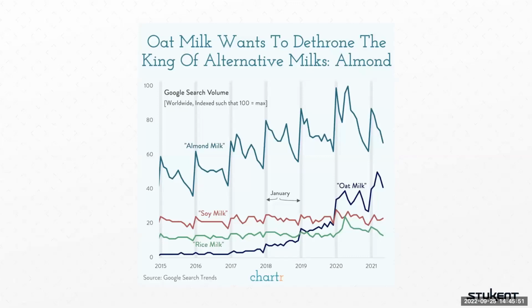And well, it works for really big contrast. It also works for really little contrast, because you look here on this chart and you can see how oat milk has had a steady rise of popularity over the course of the last 6 years. Meanwhile, you see almond milk is kind of up and down, up and down. And you look at this and you think, oh, oat milk is on the rise. If you had just communicated this through the use of numbers in a table, it would not have nearly the same effect. It wouldn't be on my slides. Charter would not be that popular of a place. And a lot of people just wouldn't understand the true growth of oat milk,